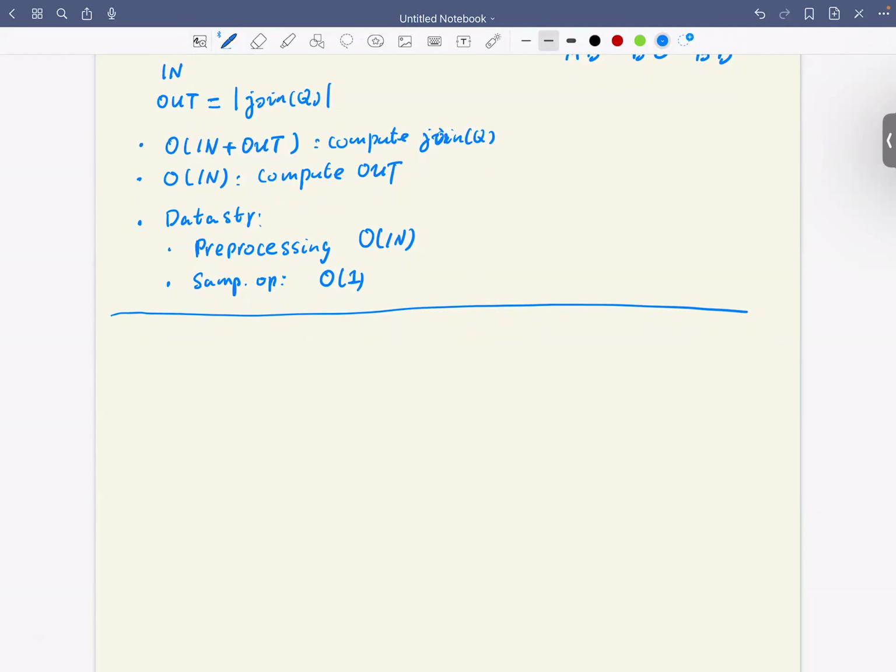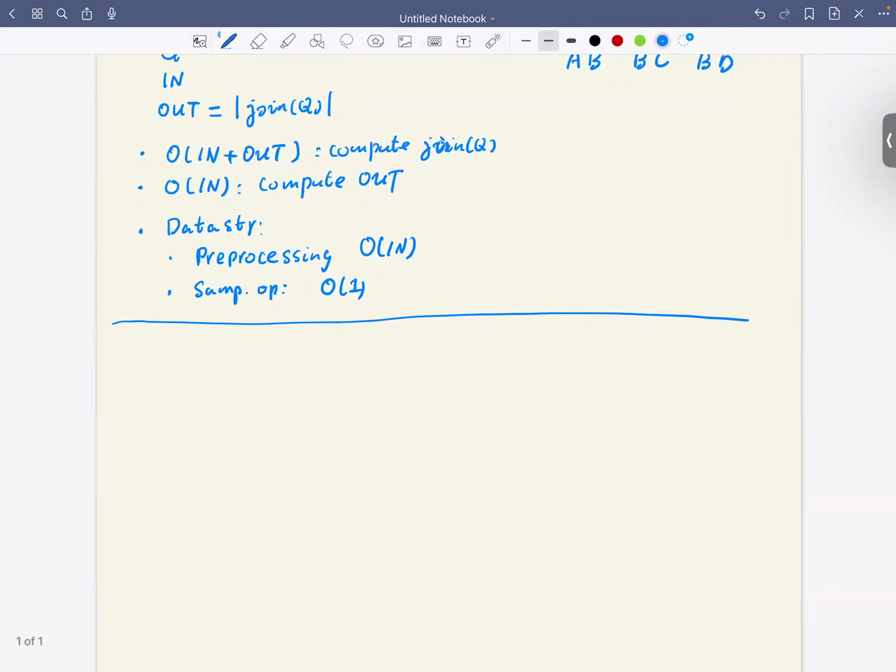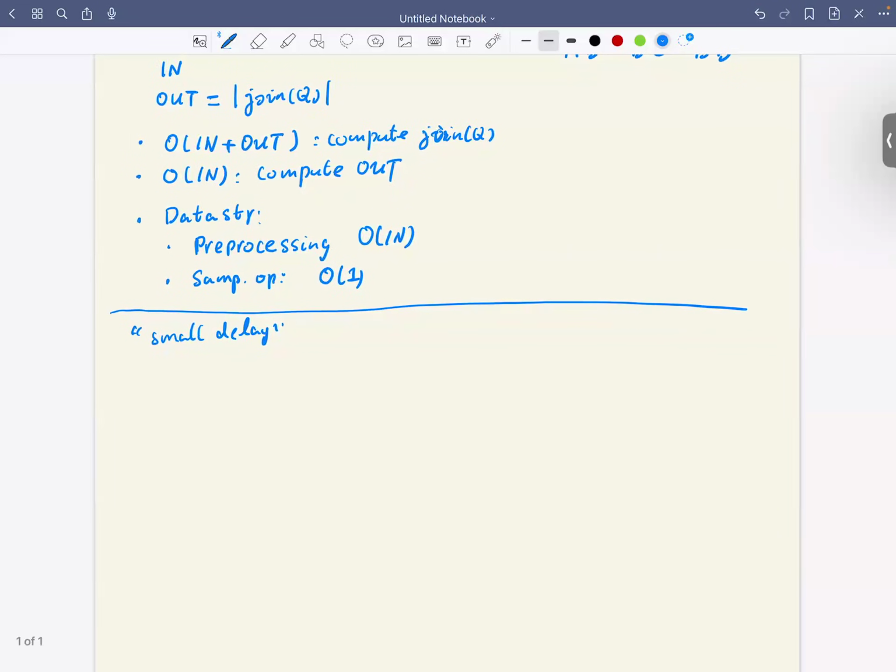Just to let you know, even if you want to achieve a small delay, it does not mean that you can forget about everything I have said in the past few weeks. So what's the meaning of small delay here? Small delay in our particular scenario, on a cyclic join. Again, we assume that the schema graph has a constant size. This says, after some linear warm-up time,